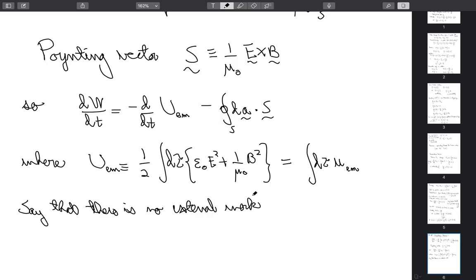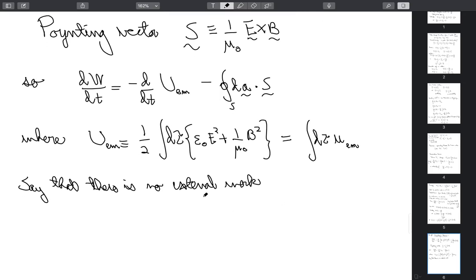Okay, so there are no external forces in there. So the thing that has to occur is that the total of this thing has to be equal to 0 because there's no external influence onto this. So that means that I should get